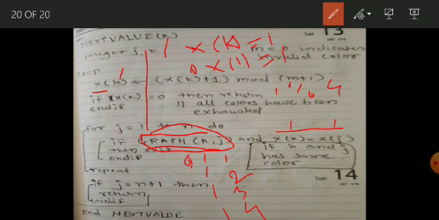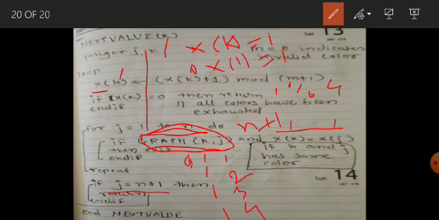If all the adjacent vertices have been assigned a different color, this loop gets completed, and at the end of this loop the value becomes n plus 1. So that is what we are checking over here. If j equals n plus 1, that means the vertex has been assigned a valid color.